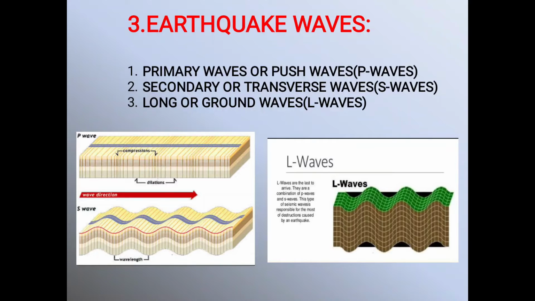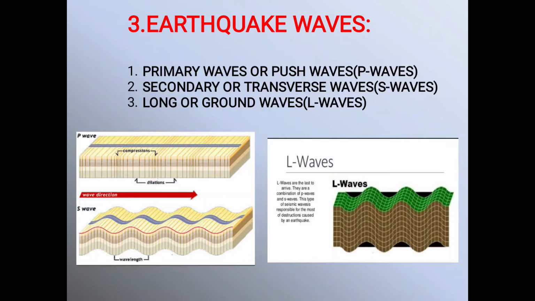First is primary waves or push waves, or those are also known as P waves. Now these waves are generally like the sound waves, or which the movement is to and fro. Actually their movement is just as like to and fro in the lines of propagation. They are also known as longitudinal waves. The velocity of these waves increases while traveling through the rocks of higher density. They can pass through the liquid medium also.